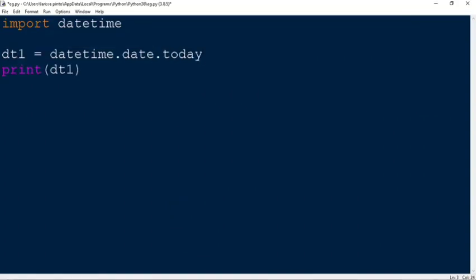Write the dt1 variable as datetime.date.today. dt2 as datetime.date, and we give a date. We'll specify a date within the brackets. So it will be 2018, 12, 12. So now when we print this, we can